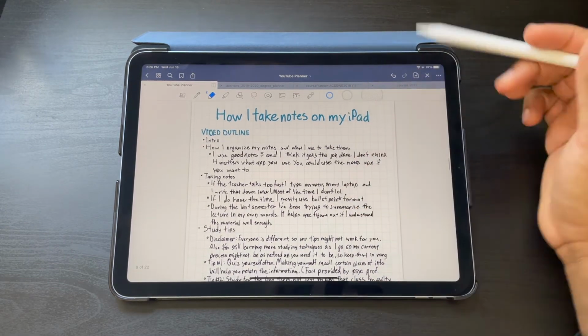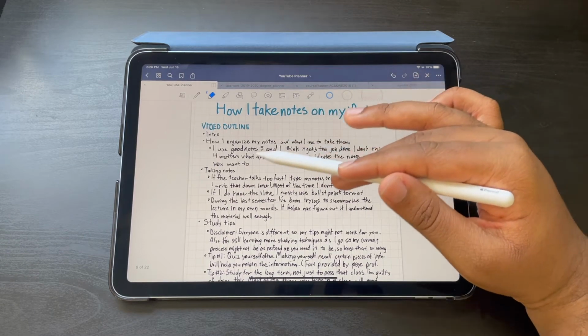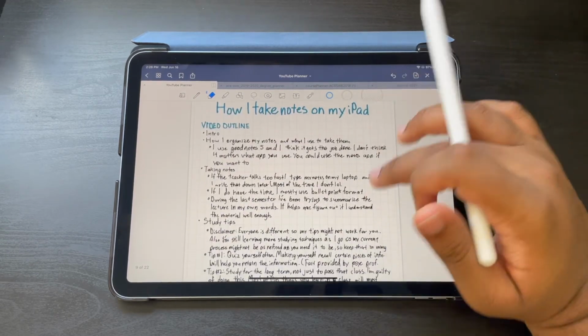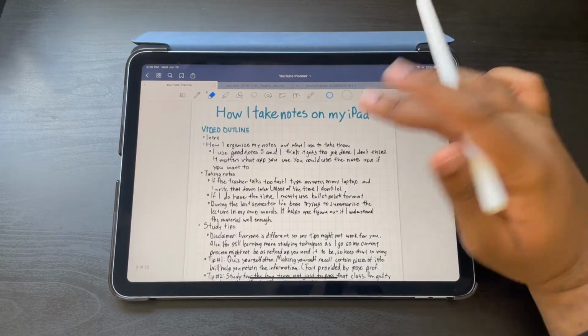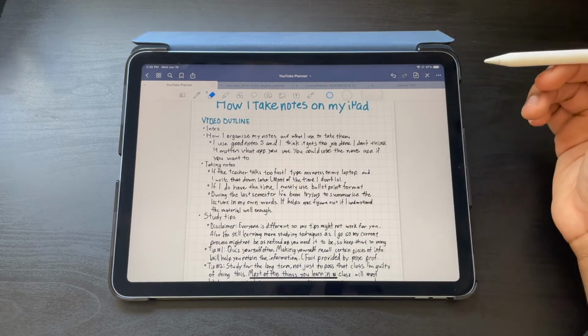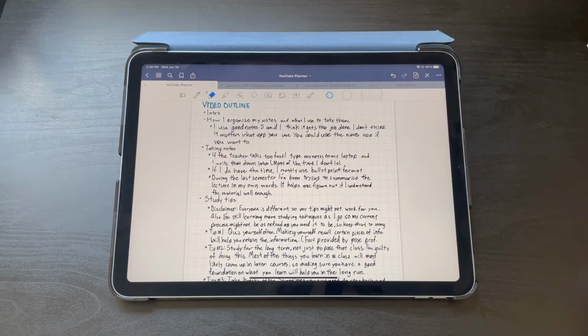Here you can see I have the topic and I have all my bullet points laid out. Don't go reading into this because I'm still going to go into the stuff. This is generally how my notes look most of the time. And if I have to draw a diagram or whatever, I just make enough space in between these bullet point forms to fit that. So that's how I take notes on my iPad.